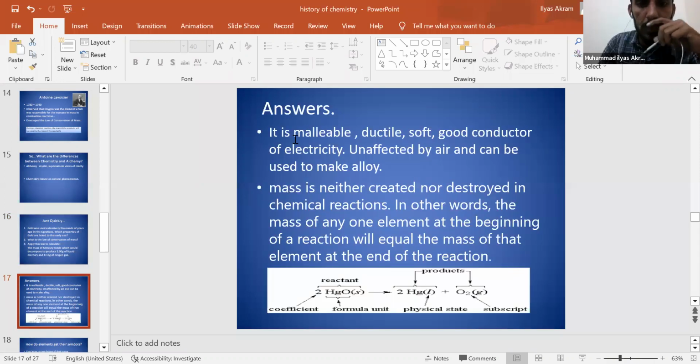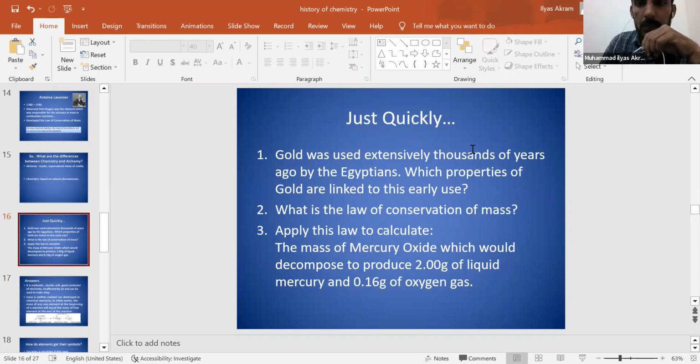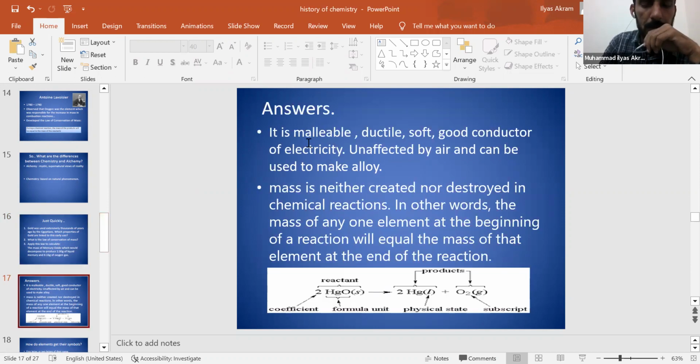Maybe because gold is malleable and ductile, so these properties can be used to make most of the jewelry. And gold is in a soft form when it is heated, and it is a good conductor of electricity also, and unaffected by the air because it does not react with oxygen directly or easily, and can be used to make different forms of alloys. So that is the answer for the first question, why gold is used extensively in the Middle Ages. And these are the properties of gold that make